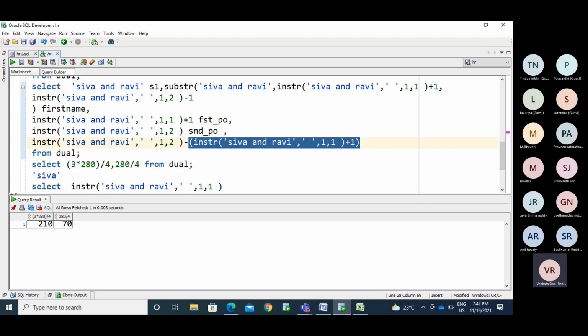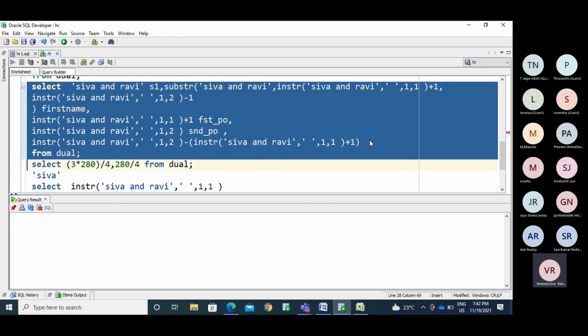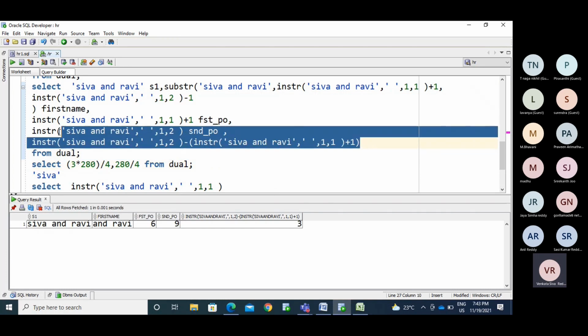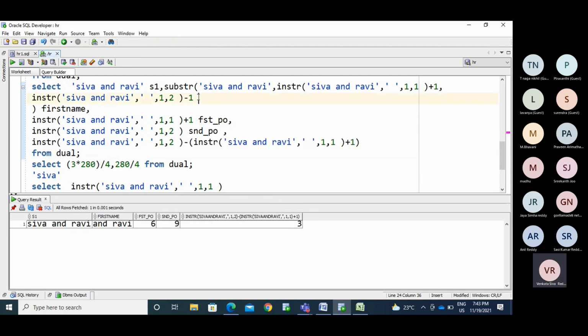To perform the action inside the bracket first and subtract later, I'll put the brackets here. Now you are getting the 3 here. See, take this expression or calculation and put it in this place.